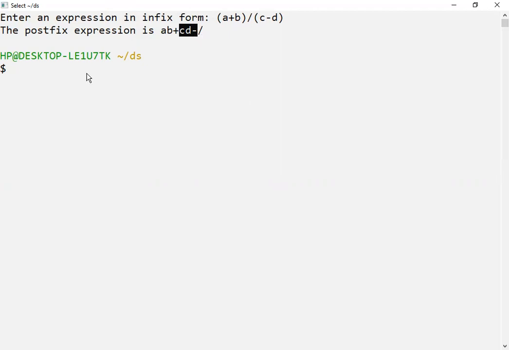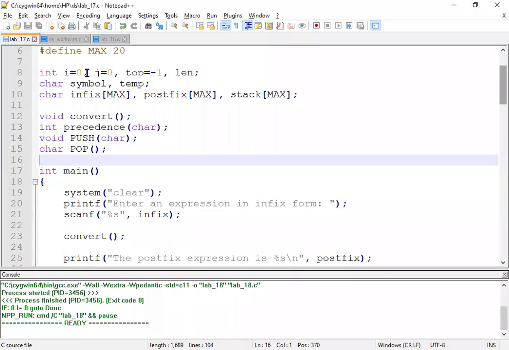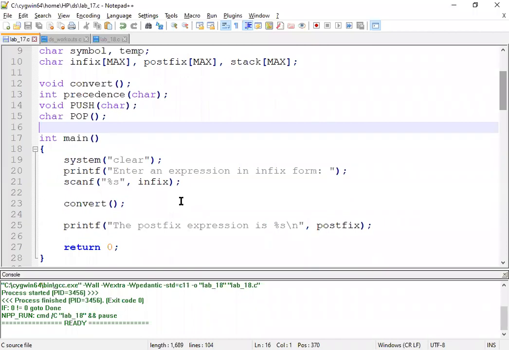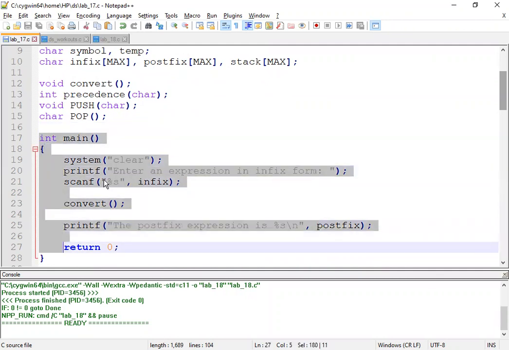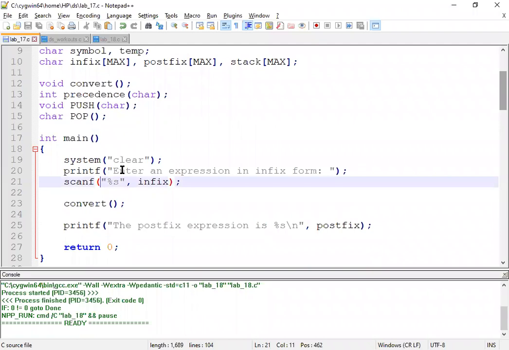Now let us go into the program and try to understand how the program execution takes place and how the tracing works. In order to trace this program, let us first glance through the code. We have a main function. The job of the main function is to ask the user to enter the infix expression.